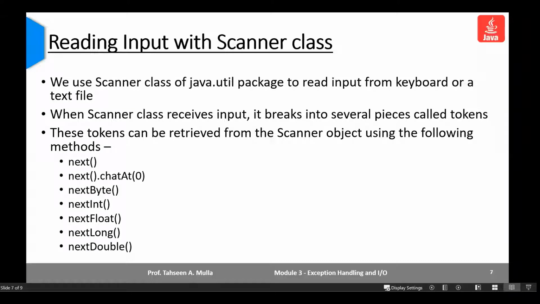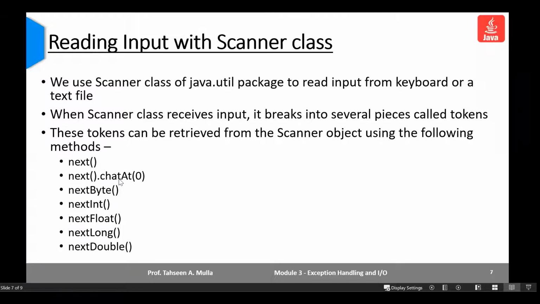When I try to retrieve data from the scanner object, the method I use is next. So next is used to read a string, whatever input is received. Then we have next().charAt(0), which is used to read a single character.